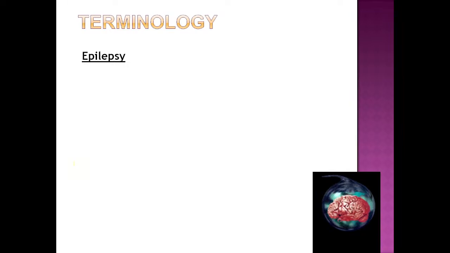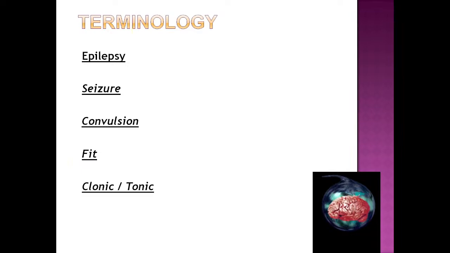All right. So, a few terms to introduce to you. I think a lot of these terms may already be known to you. You may not know their meanings, but here it goes. Epilepsy, seizure, convulsion, fit, tonic, clonic, these are some of the terms that we come across. In a single line, epilepsy is the tendency to have recurrent seizures. Seizure is a transient disturbance in the activity of our brain which causes certain clinical signs and symptoms.